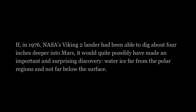September 30, 2009. Red Planet may be better known as the Wet One, by Kenneth Chang. If, in 1976, NASA's Viking 2 lander had been able to dig about 4 inches deeper into Mars, it would quite possibly have made an important and surprising discovery: water ice far from the polar regions and not far below